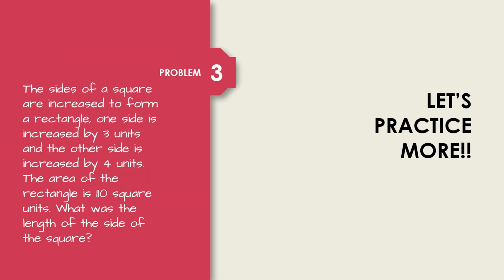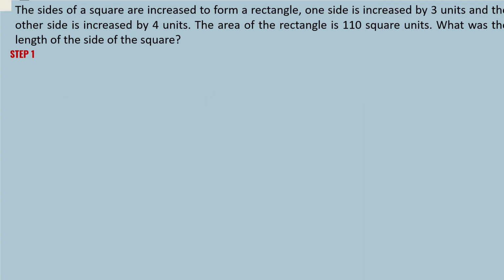Let's practice more. Example number 3. The sides of a square are increased to form a rectangle. One side is increased by 3 units and the other side is increased by 4 units. The area of the rectangle is 110 square units. What was the length of the side of the square? So, step number 1, we have here increased by 4,